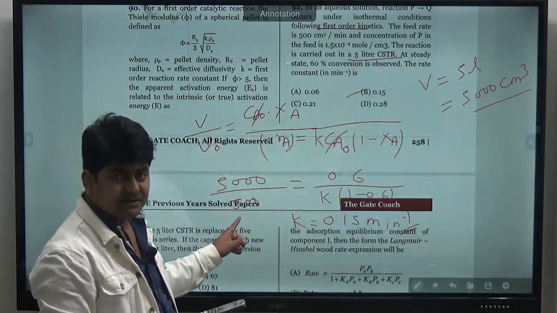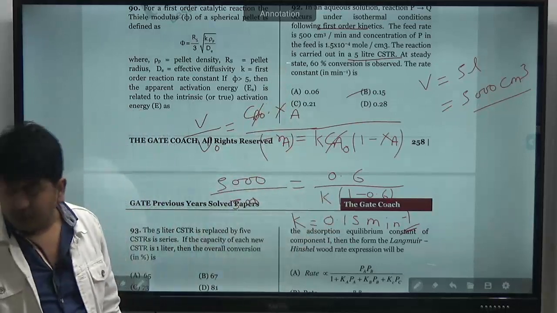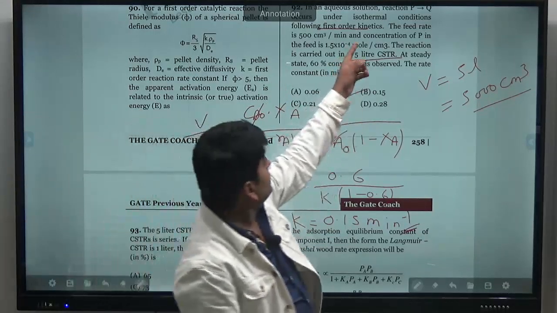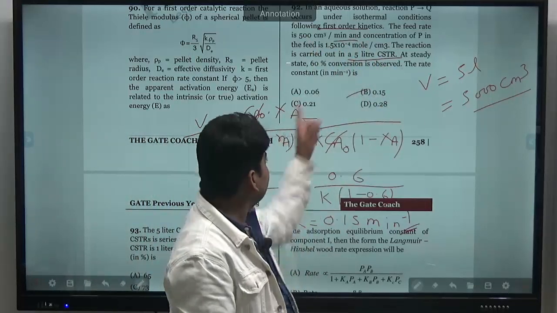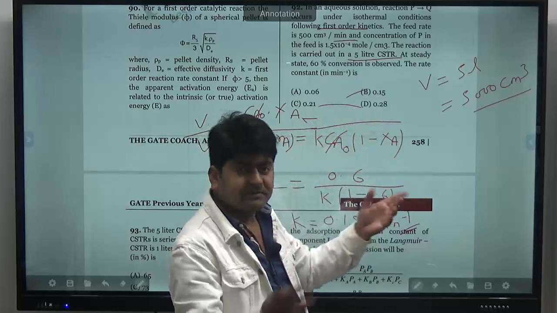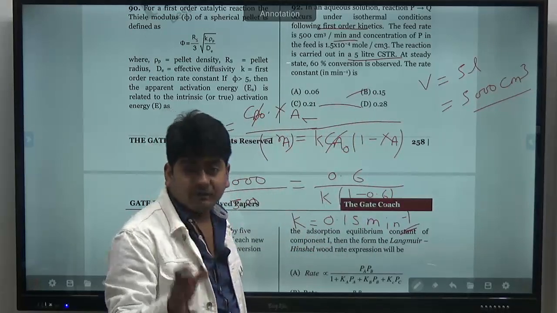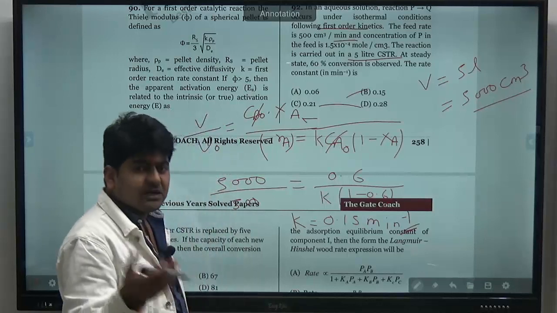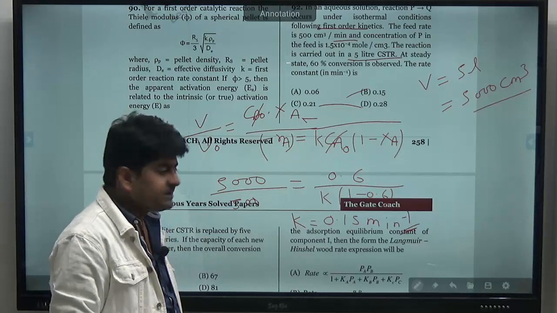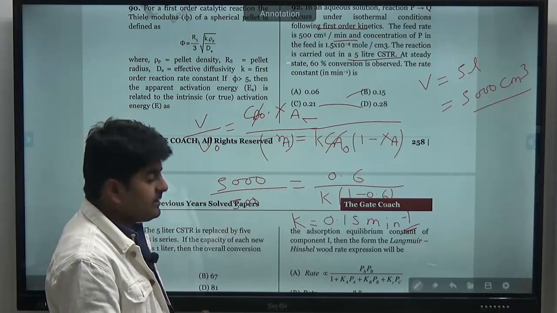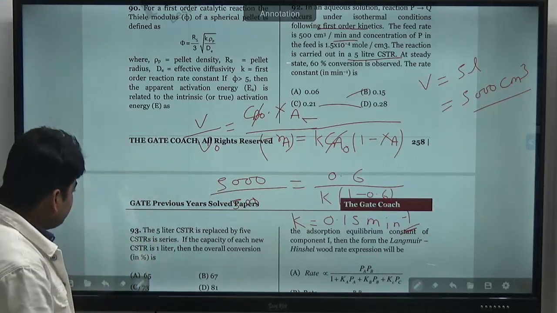Why minute inverse? Because volumetric flow rate was in cubic centimeter per minute. इसलिए वो मिनट इनवर्स है. ठीक है, तो वो चेक कर लेना कि यहाँ पे फ्लो रेट आपको गिवन है पर आवर में और पूछा पर मिनट में. ठीक है, और ऑप्शंस में दोनों ऑप्शन है, न्यूमेरिक वैल्यू दोनों वाली हैं, तो you have to be careful with that. Okay, although such type of questions I have included in some of the test series papers so that you can be habitual of all that stuff, but still.